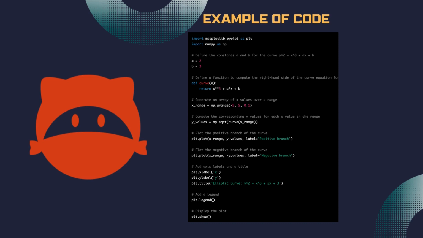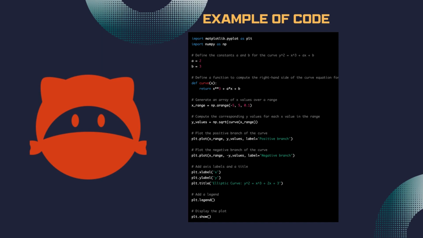Finally, it plots the positive and negative branches of the curve using the plot function from the matplotlib library, and adds axis labels, a title, and a legend before displaying the plot. This code can be used to visualize the shape of an elliptic curve defined by a specific set of constants